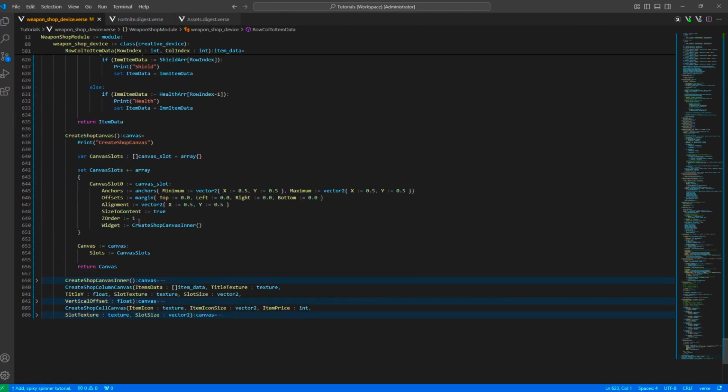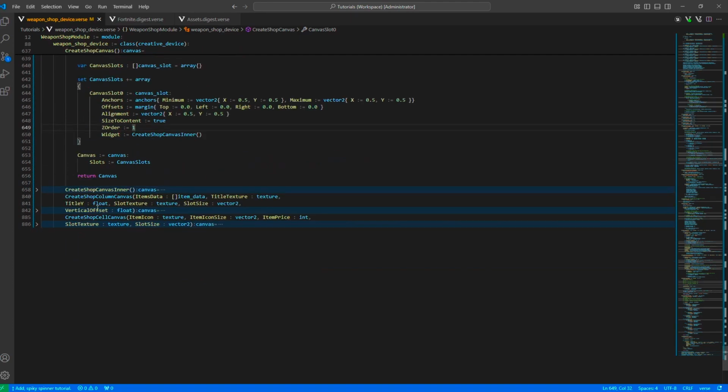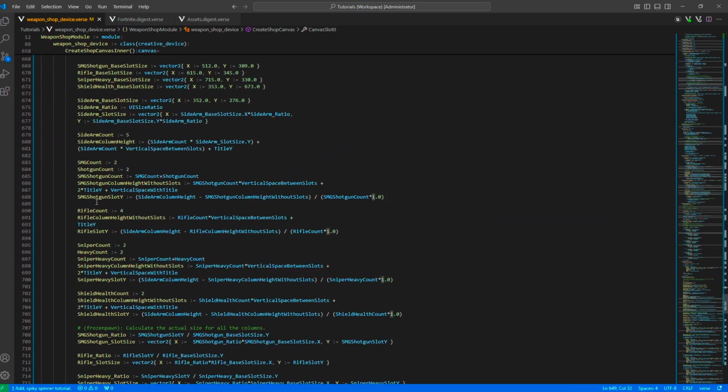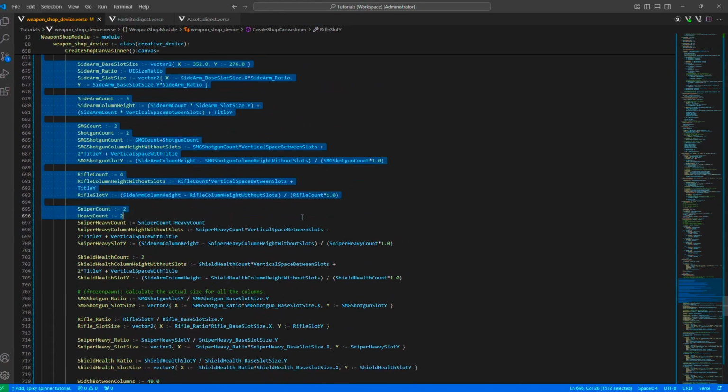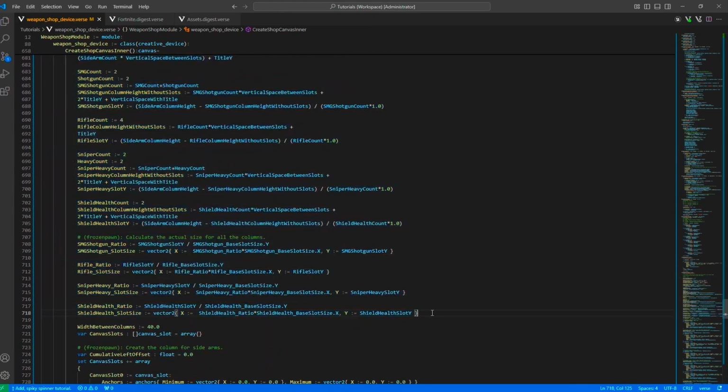So here, the shop canvas, we put the entire shop canvas in a larger canvas, so it's easier to handle and position. This is the actual function that creates the shop canvas. So these values are for